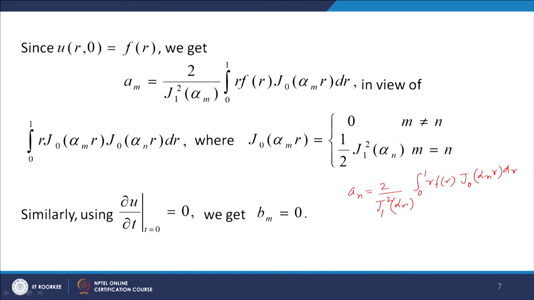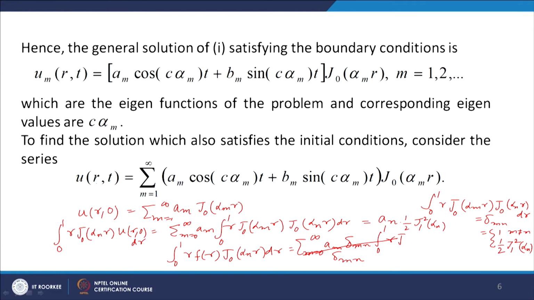Similarly, using the partial derivative of u with respect to t at t equal to 0, we get B m equal to 0. We differentiate this with respect to t, so we will have here a m minus sine c alpha m t, then c alpha m, and then B m cos c alpha m t into c alpha m, and j naught alpha m r. When you differentiate with respect to t and put t equal to 0, the sine term will vanish, and here we will get sigma m equal to 1 to infinity